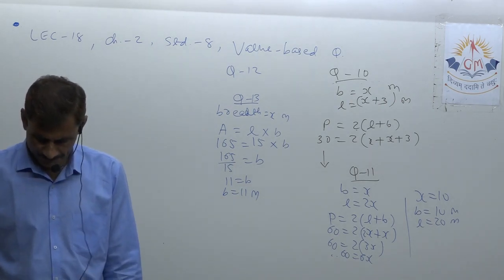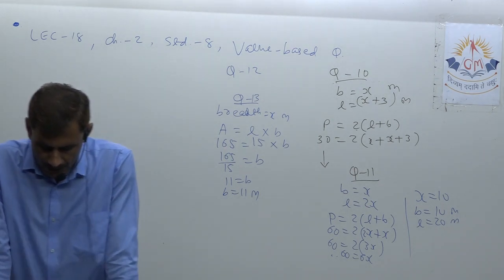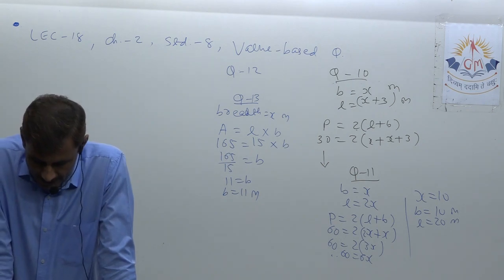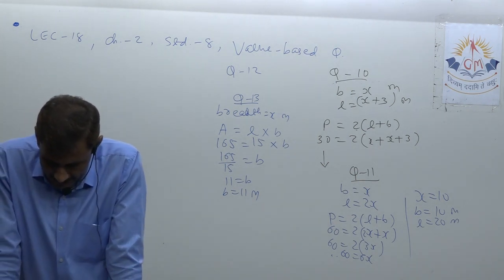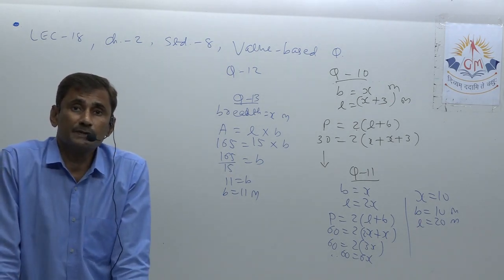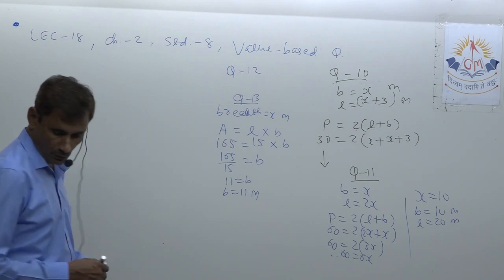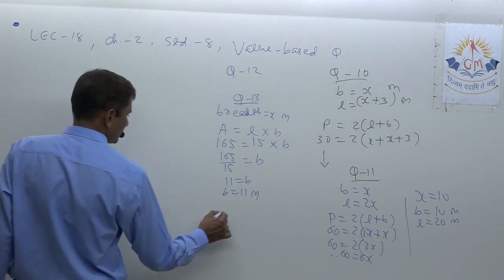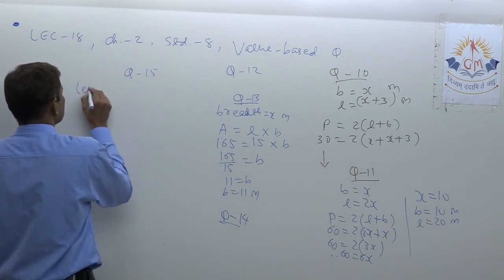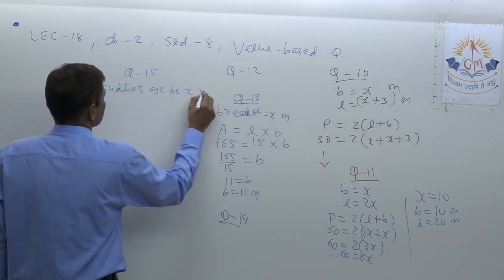Okay, look at 15. Sudha is twice as old as her brother. 3 years ago, Sudha's age was 3 times her brother's age. Find the age of Sudha. So whatever is asked, suppose it is x. Sudha's age we have to suppose as the present age right now. For 14 the hint was already given, so I had not written anything. For 15, let Sudha's age be x years.